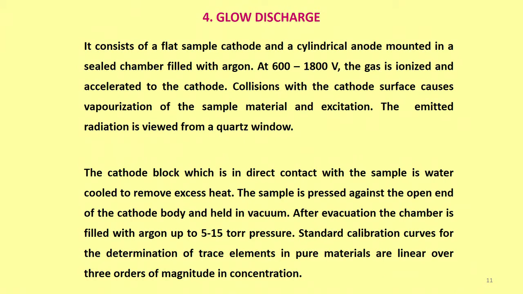And I had taught you earlier when I was teaching atomic absorption that in a hollow cathode lamp, what we use is a low pressure neon gas or argon gas, which is excited very easily, and once the ions are generated, they hit the metal cathode and then they will start sputtering and then they will emit radiation.